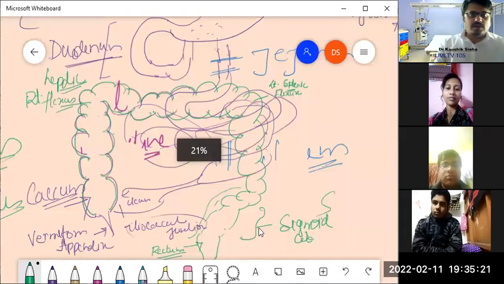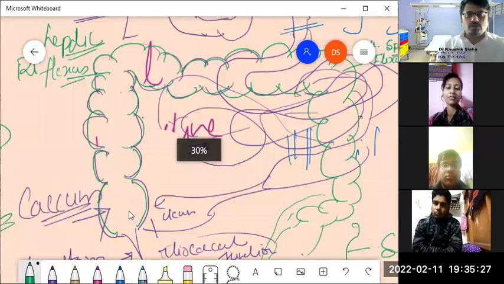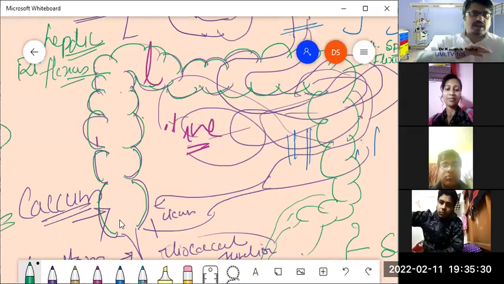Now, what are the names for the other parts of the colon? This part of the colon, which is actually a kind of an,